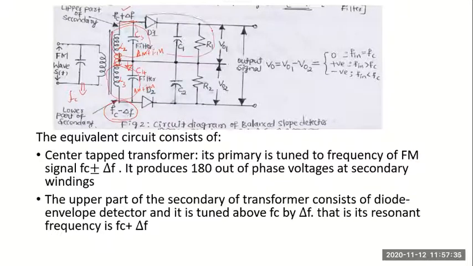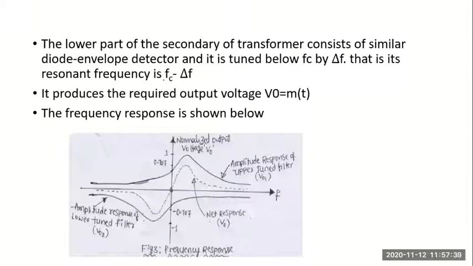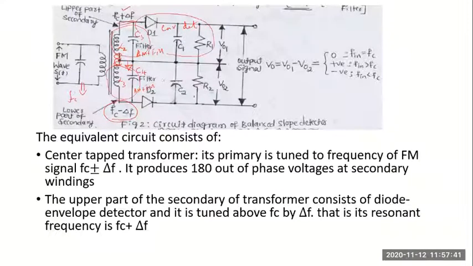So this part of the circuit is your envelope detector. Same thing we have here also. See, the lower half also we have another envelope detector. So we have two envelope detectors, two slope circuits. That's why we call it a balanced dual slope circuit or balanced discriminator. I'll tell you why balanced. Dual slope I think you understood because of two slope circuits, two envelope detectors.